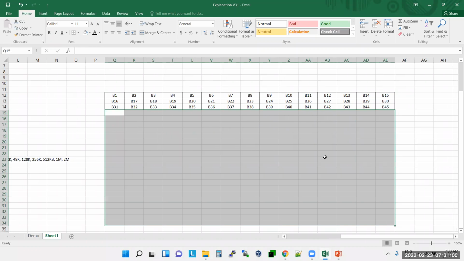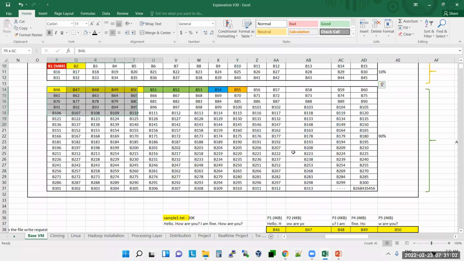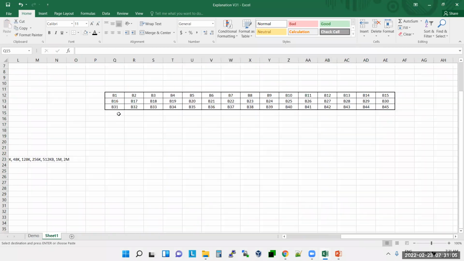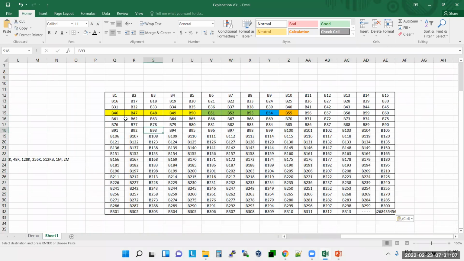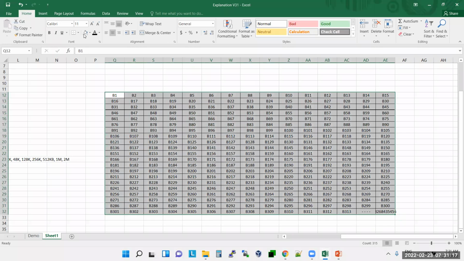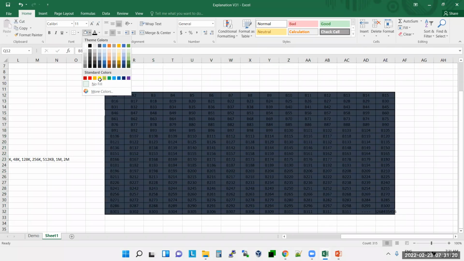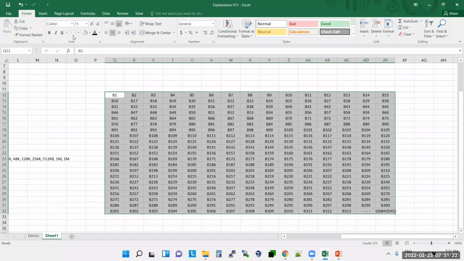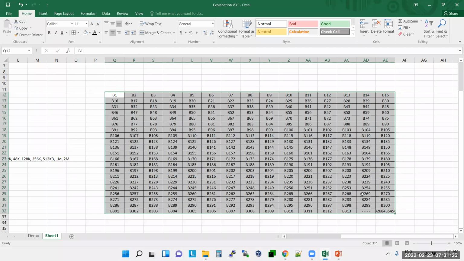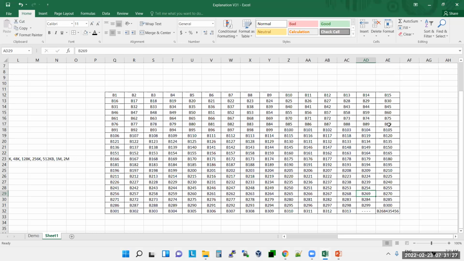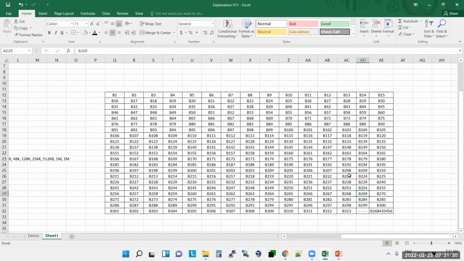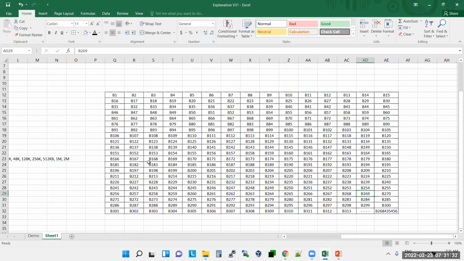If I buy a 1 TB hard disk, my entire 1 TB hard disk has been divided into 4 KB pieces like this.